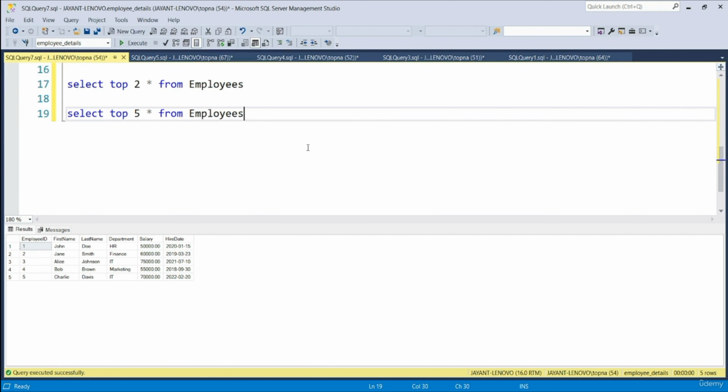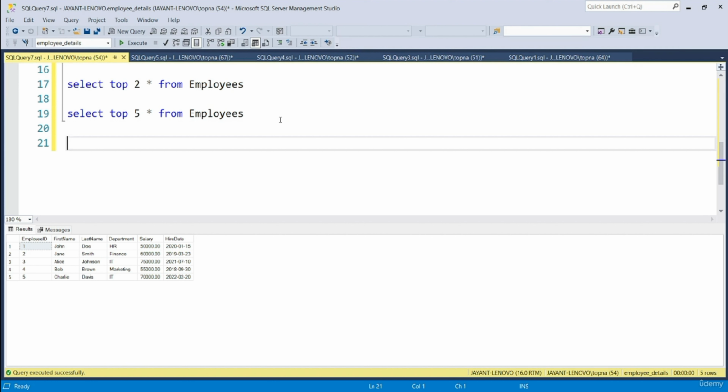Now, if you look at line number 19, you will see that we have written star here. So whenever you write star, it means you want all the columns in the output. Now, let's say we do not want all the columns in the output, but we only want employee ID and salary to be there. So we can write the code that I'm writing in line number 21.